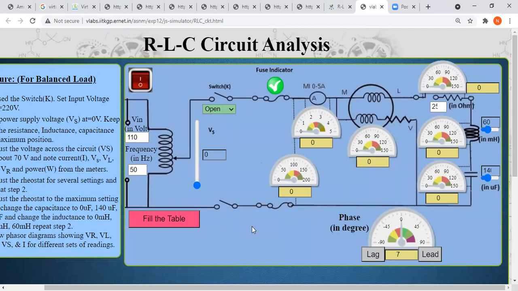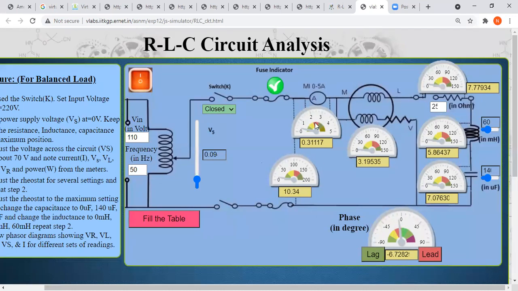Okay, so let's start with the simulator and perform the experiment. Firstly, set the volts to 110 volts, and then close the switch. Just click here, close the switch. Now the switch is closed. Now move this variac a little, and just switch it on. Here is also one switch, you have to switch it on, and you see that different readings are visible on the different scales.